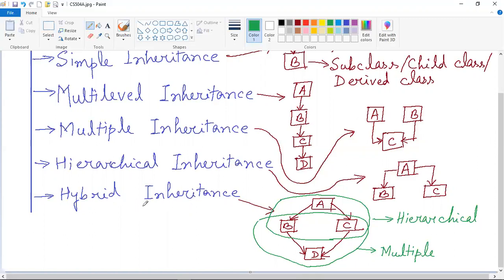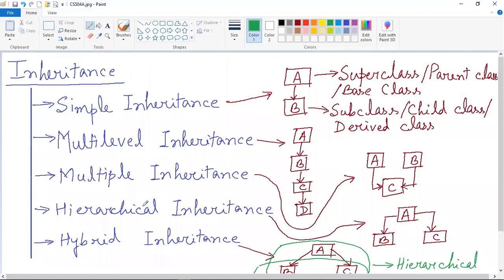So these are the five inheritances that are available in any object-oriented programming languages, and these can be applied to any object-oriented programming languages. But coming back to Java, only the first one, the second one, and the fourth one, only these three inheritances are available in Java. Let me point it out for you. The first one, which is simple inheritance, the second one, which is multiple inheritance, and the fourth one, which is hierarchical inheritance. Only these three inheritances can be implemented directly in a Java program.